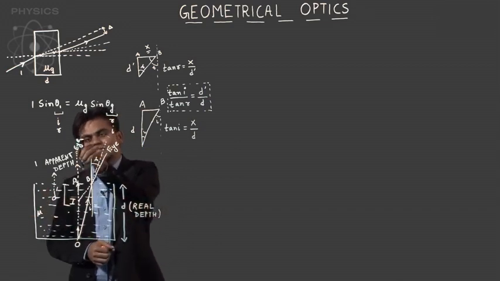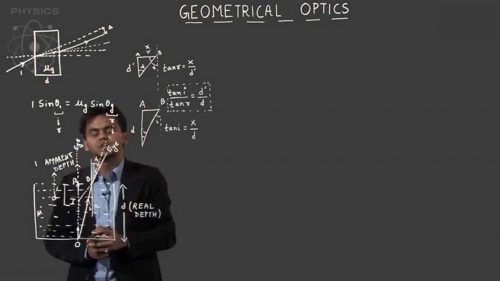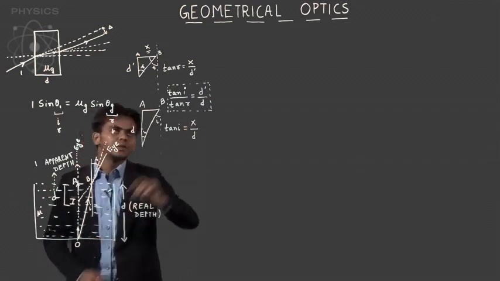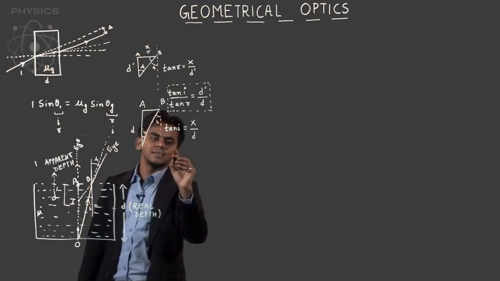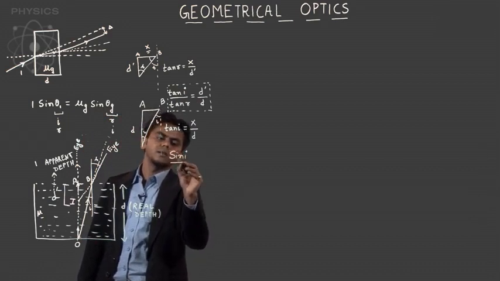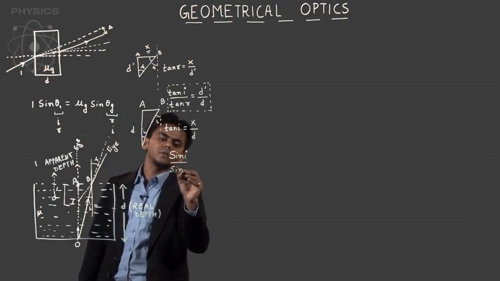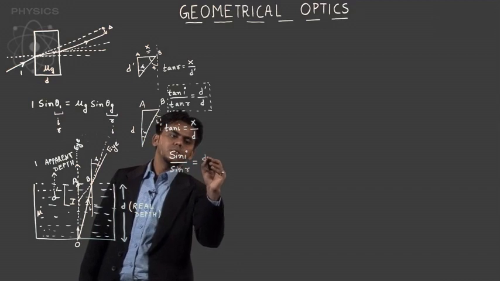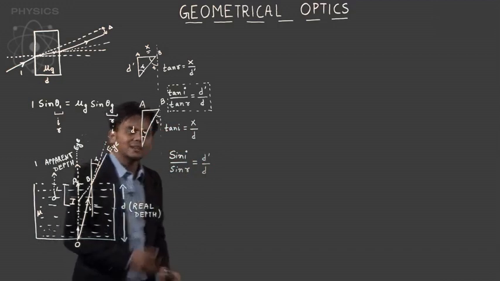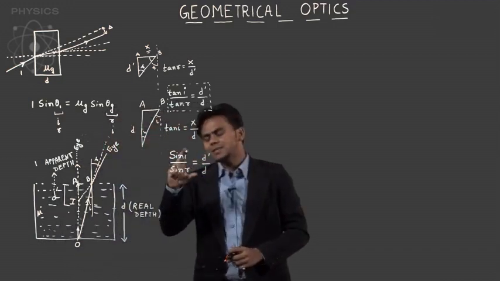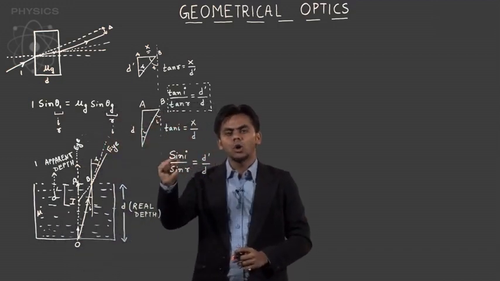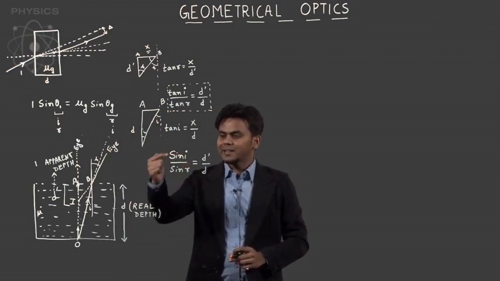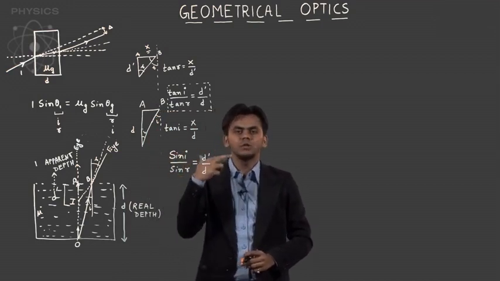But if my eye is shifted slightly away from this vertically above position, the angles will be small. So I can approximate this as sine i upon sine r, which would be equal to E prime upon D. Not exactly sine i upon sine r. This follows from your first law of refraction that sine i upon sine r has to be the ratio of